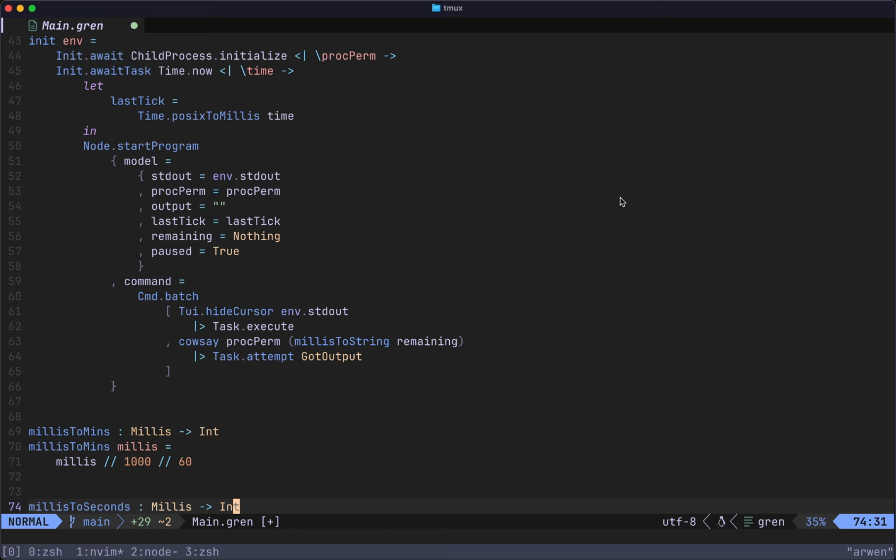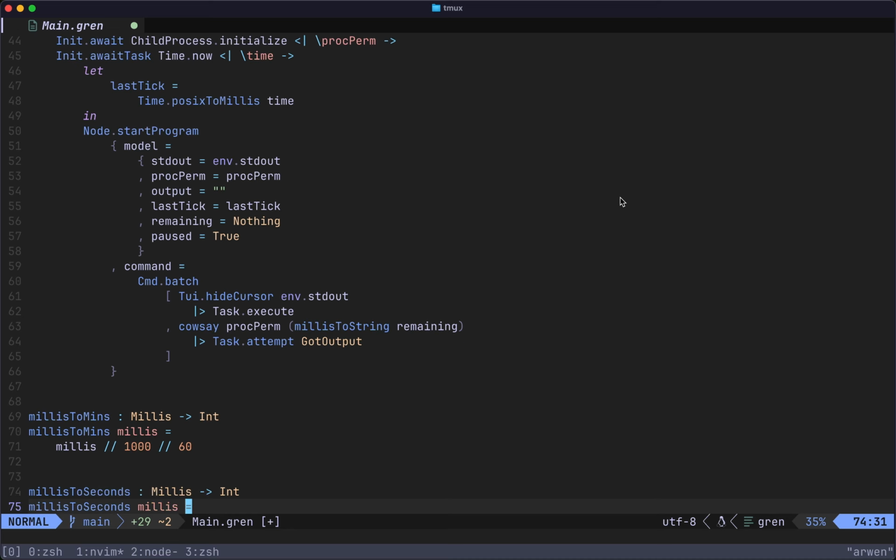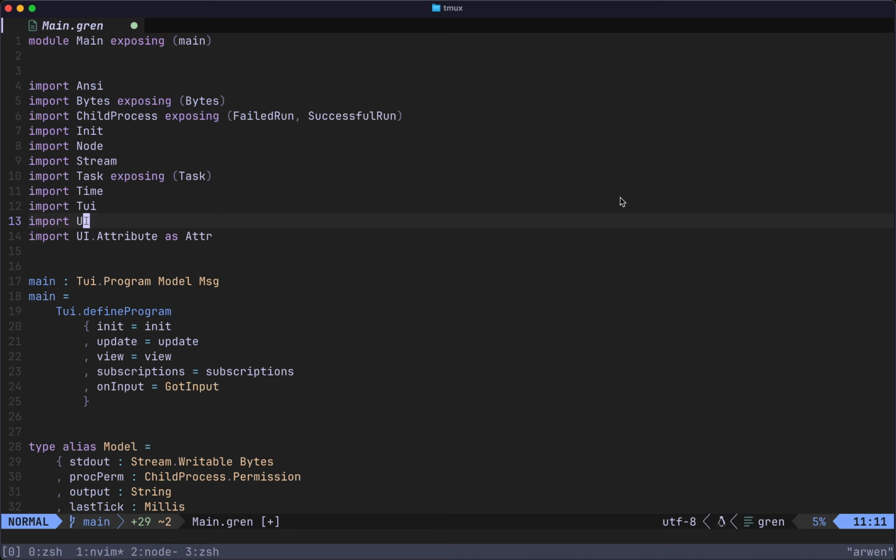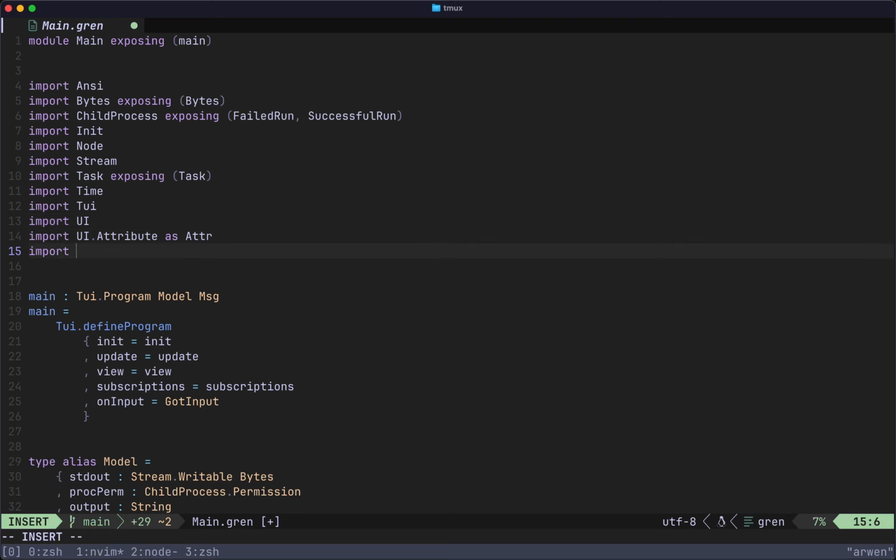So if I don't have an amount of time remaining, I'm going to have to ask for it. If you want text input in a Gren TUI app, the best way to do it is with this text field component. I'm just going to import it as text field. It's a standalone component because think about in HTML a text input. That's actually a whole self-contained UI component. You know, it handles backspace, it handles forward and back arrow keys, things like that. On the command line, you've got to deal with that too. You could do all that manually, but